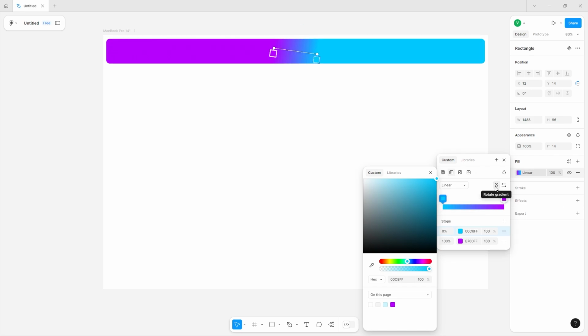Using this button, you can rotate the gradient color, and you can flip the gradient using this button to the opposite direction. So we're just going to go back to the way things were. When you select one of these and take them to the other end, now you have this red line, which basically indicates your line from here to here is perfectly aligned in the center, and it's not moving in different directions. You can select your color using the color picker over here, the eyedropper, by selecting any of these colors,